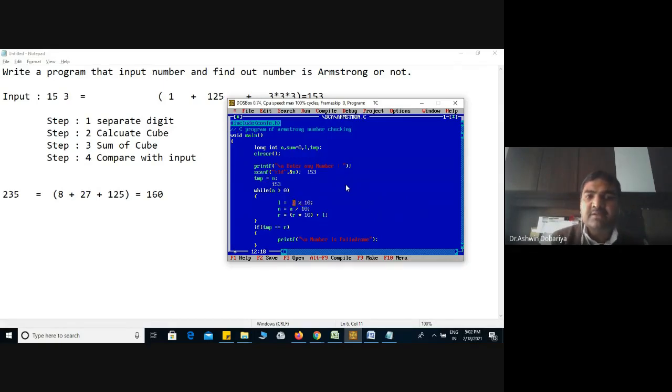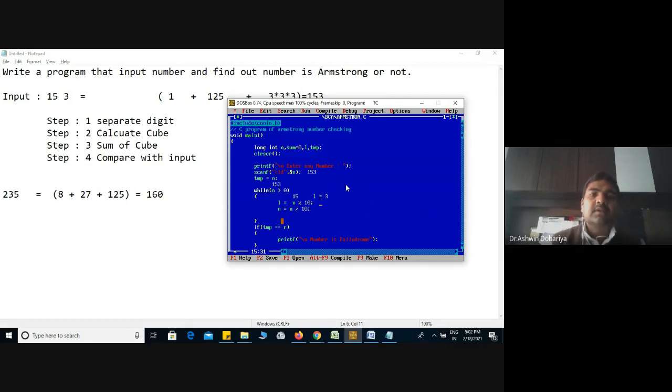We know how this statement separates the last digit. Then for the next value, we require n divided by 10. Whenever a number is separated, suppose n modulus 10: if you enter 153 over here, then modulus 10 will separate 3. So the value of l becomes 3 here.